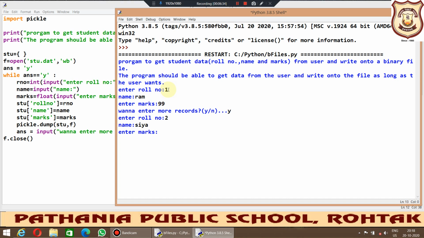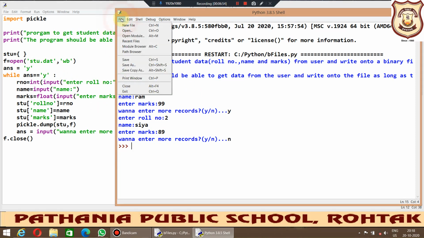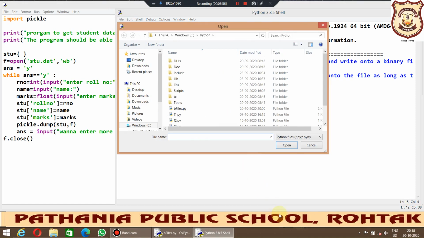Okay, so again it is asking the marks that she has scored. So now it is asking if you want to enter any other record. If I say no, it comes out. Okay, it has stopped. So this record has been entered in this student.dat file and it will be in the binary format only. So let me show you, the data will not be completely readable by you because it will be in the binary format.